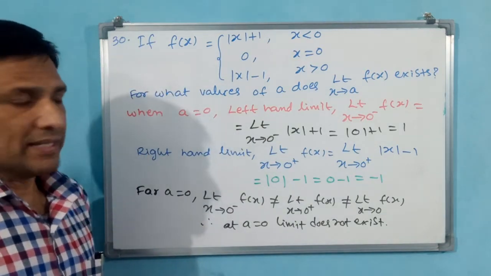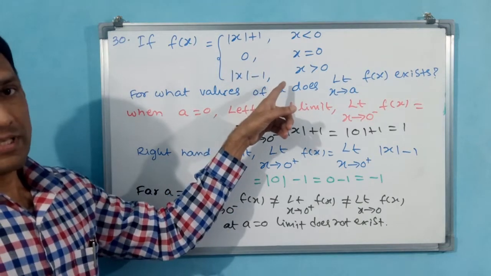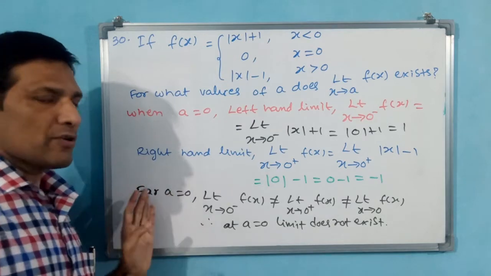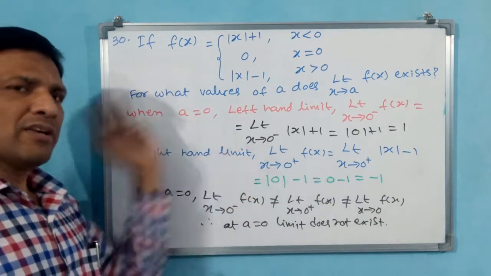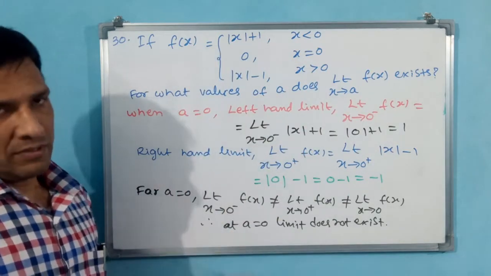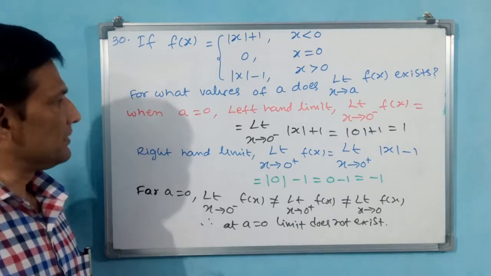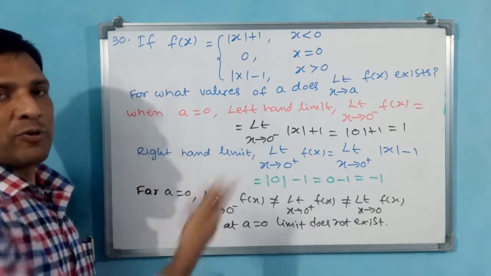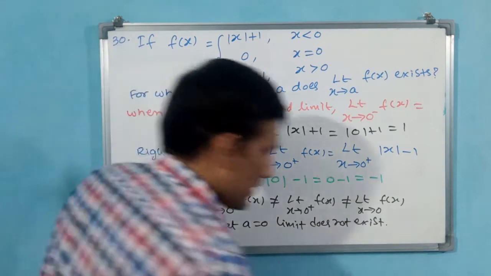Now we do one thing. At a is equal to plus 1 we see, at a is equal to minus 2 we see. Why? Because plus 1 and minus 1 we don't see. By seeing the different numbers we can say that for the remaining numbers the limit exists. Okay, like that we will do. I am rubbing this, pass and note down. I am rubbing this again. We will do when a is equal to plus 2. Okay, write down.